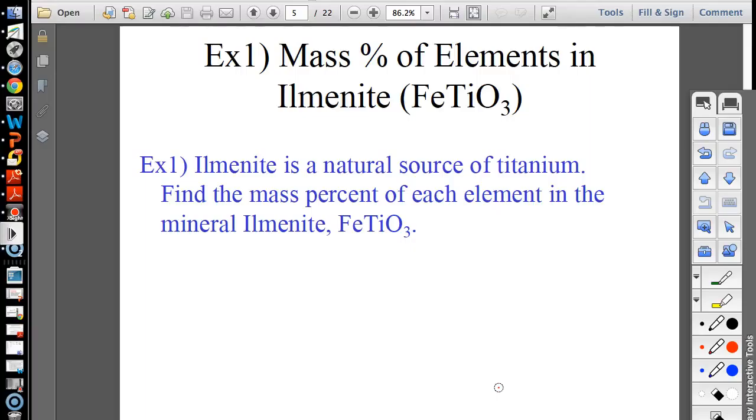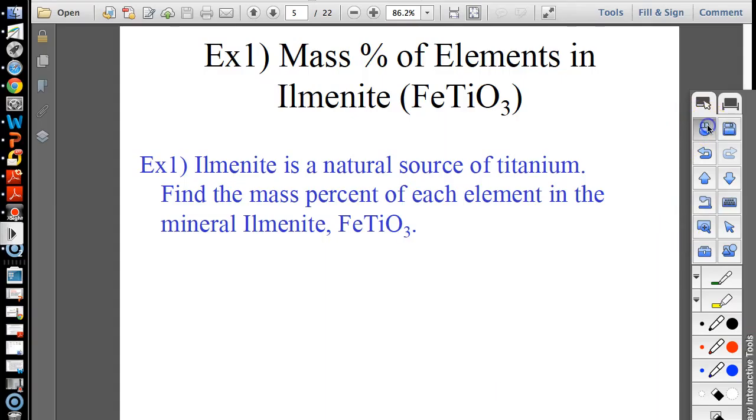All right, so what you just did is going to happen over and over and over again. You're going to do that so many times before the end of the semester. It's not even funny, but that's really easy, right? You just find out how many and you multiply. That's not a problem. I like finding the molecular mass. So anyway, let me go back and show you what they're doing